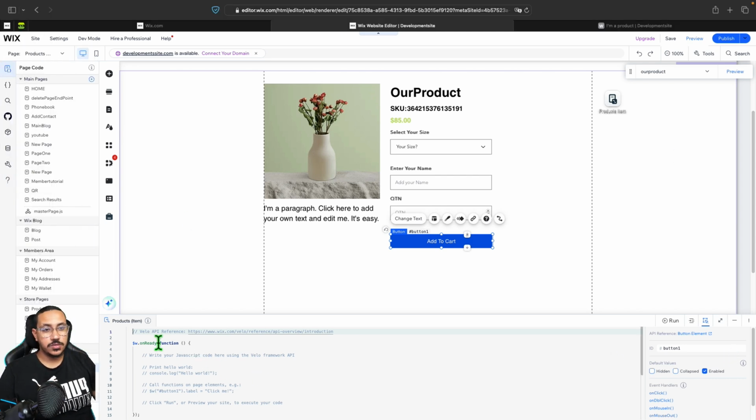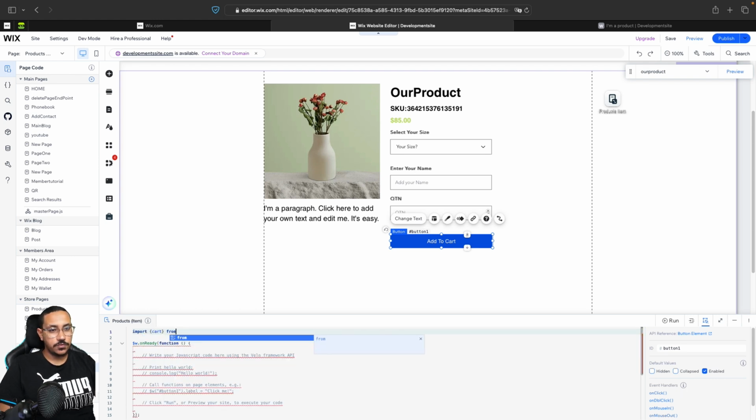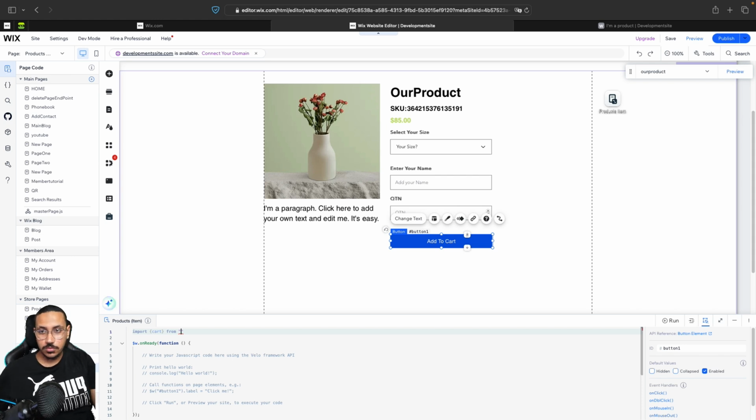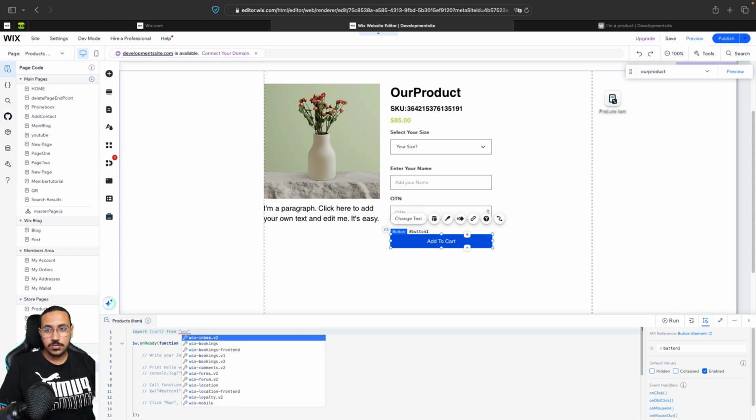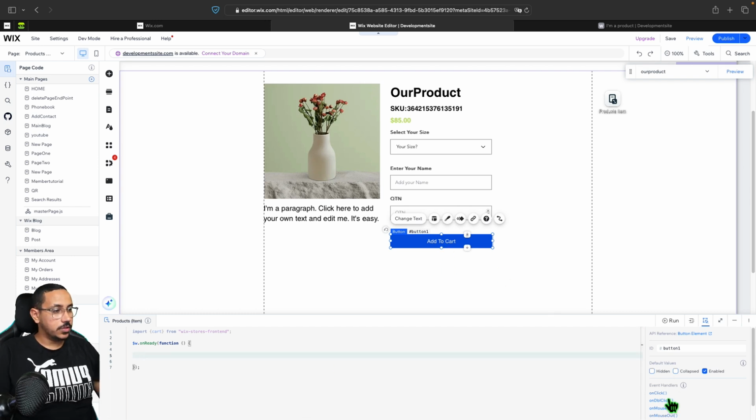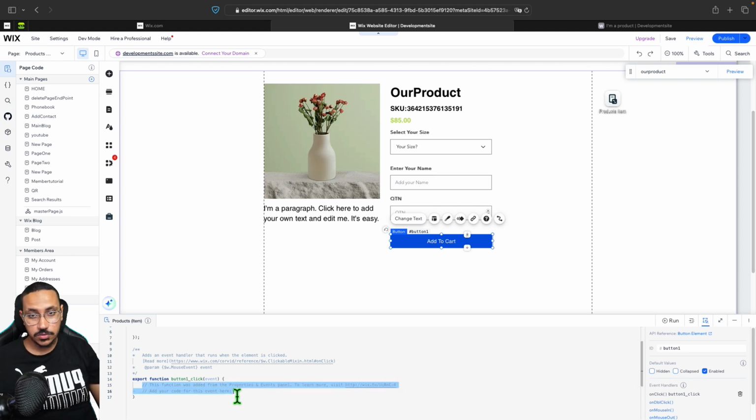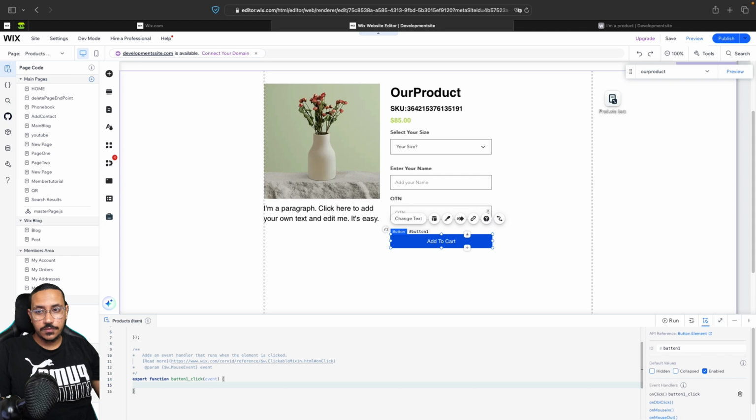So the first thing that we're going to do is go ahead and remove this line, and then we're going to be importing cart, and we're going to say from wix-stores-frontend, just like this. And inside our onReady, I'll remove this, and I'm going to click on this button, on click, button click, which means that anything inside of these two brackets will run or be executed once I click on this button. So inside of here we are going to say cart,